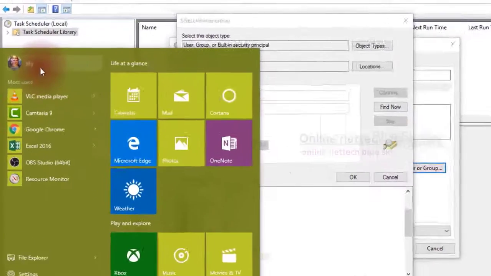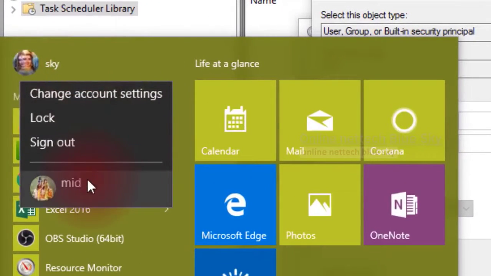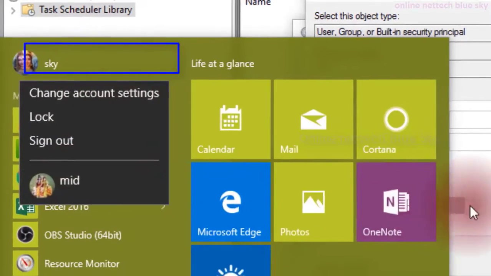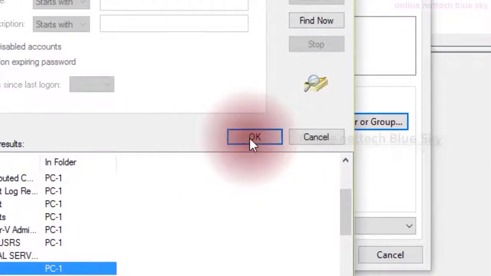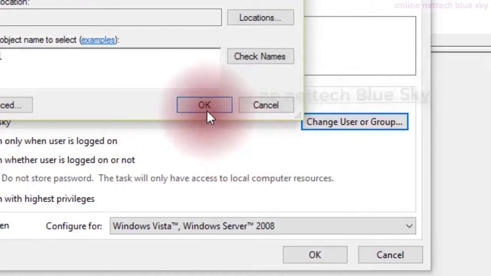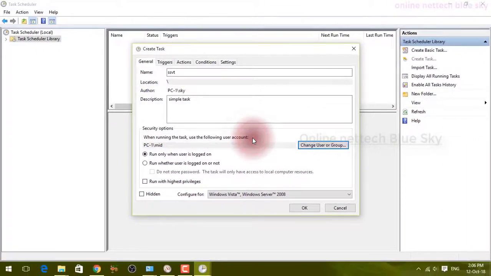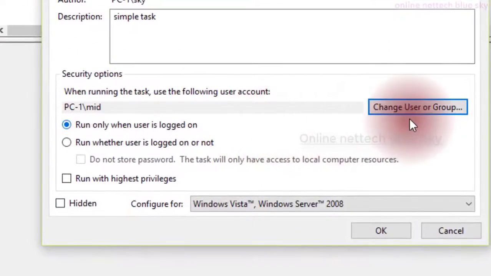Okay, so this is my administrator account, sky, and this is my local account, mid. I'm not working with the local account because I want to work with the main administrator account. You can work with task builders normally. So I create the mid local account,